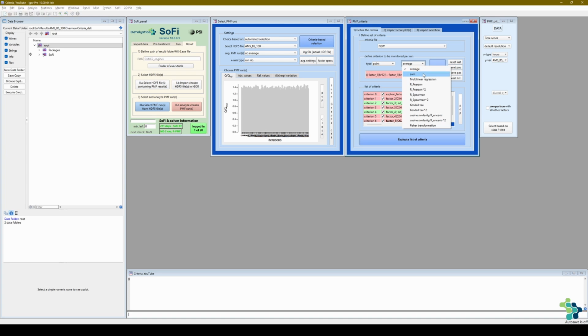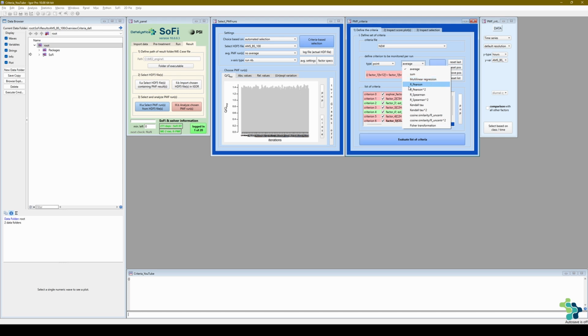Next we have a sum criteria where the final score value is the sum of the final wave, and it can be used, for example, for the C-value approach when you want to compare the overlap of the histograms. If you want to have a look on how to set up this criterion, please consult the manual. We also have the option for multilinear regressions, where you have the option to have a multilinear regression between any sum of the factors